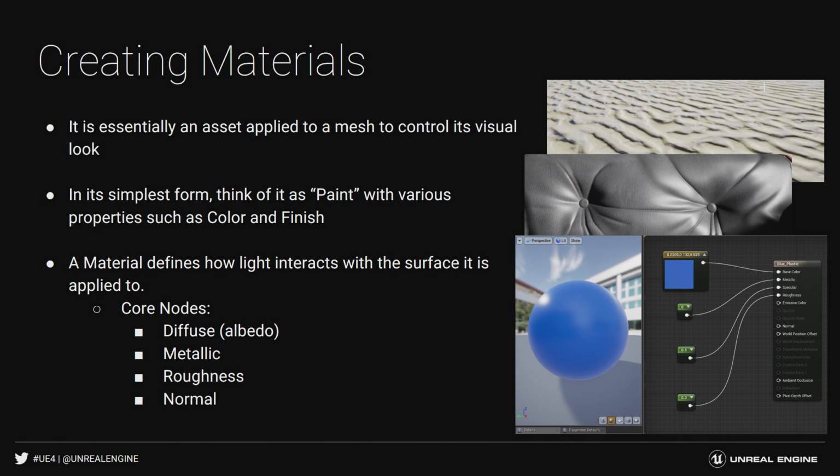Our core nodes we're going to be looking at is diffuse. We have abbreviations there, albedo, aka base color, metallic, roughness, and normal. And you'll notice in my little slide here, we have specular set to 0.5. That's a good default. Now specular, everything in the real world is going to have some sort of light bouncing off of it. But we want to, again, push our shininess, our material identification of how that's being reacted to light. We want to do that through our roughness, and you want to do that a lot of times through